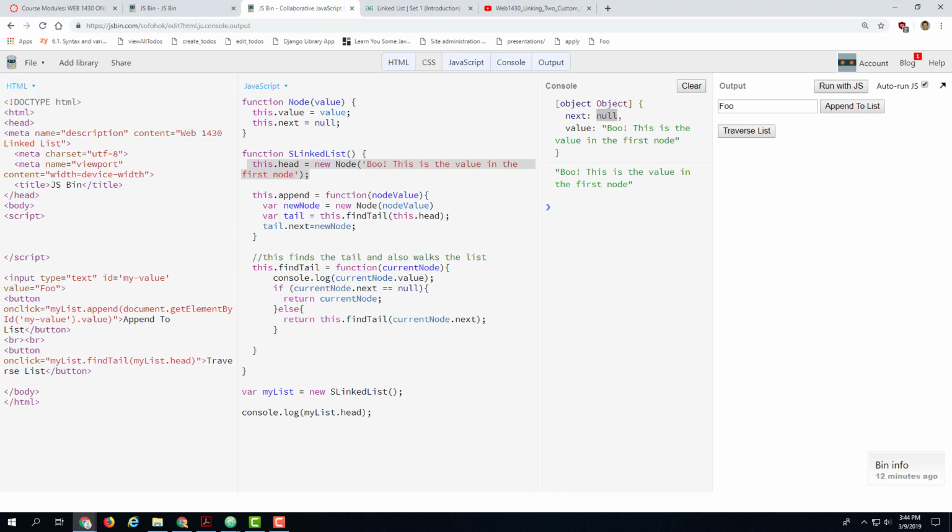Okay. And how did we actually do that append? Just to demonstrate that the append worked, I appended it, and now I can traverse the list, and I get the boo value and then the foo value. But how did that actually happen? Well, when I hit append to list,